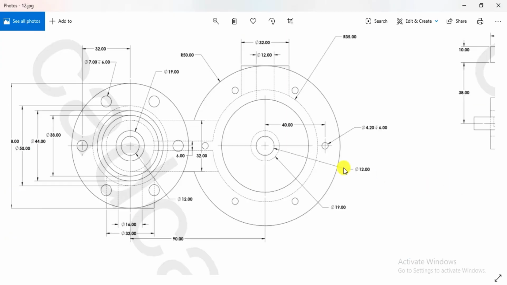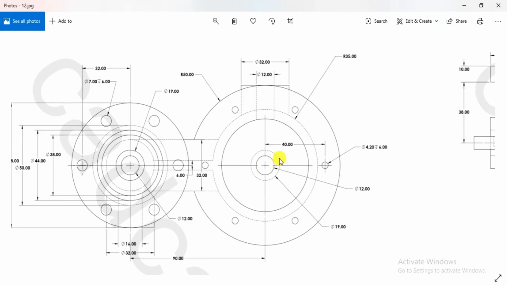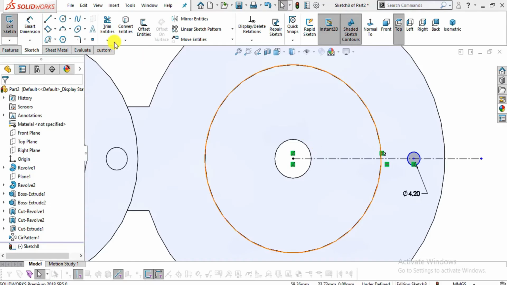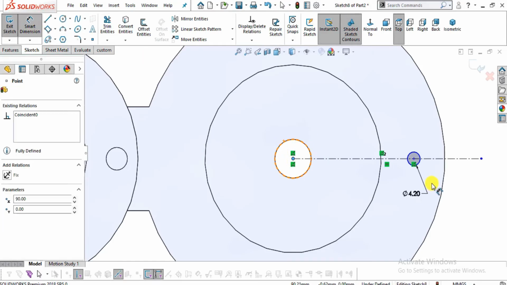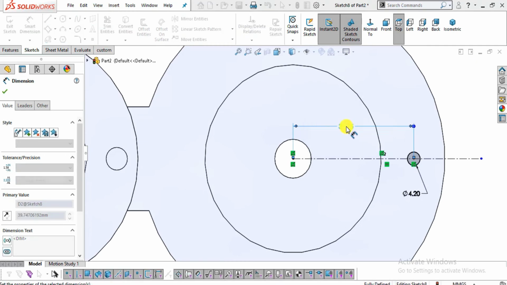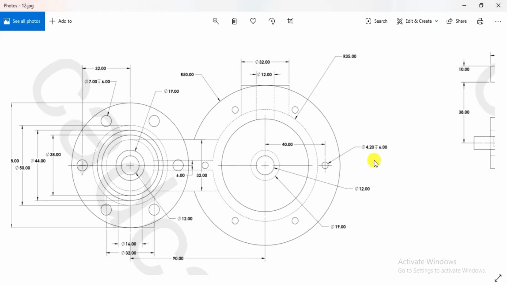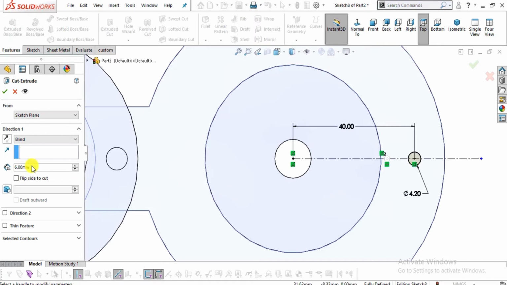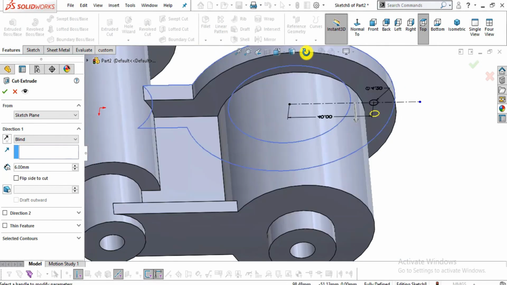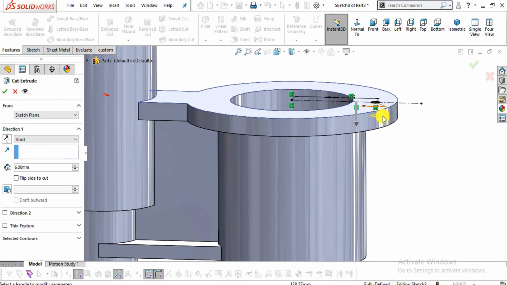Now we have to specify distance from the center of this body. It is 40 mm. Select this center, and this will be 40 mm. Now go to features, select extrude cut, and depth is here 6 mm. Enter the value of 6 mm or through all, because this boss thickness is 6 millimeters. Now click here OK.